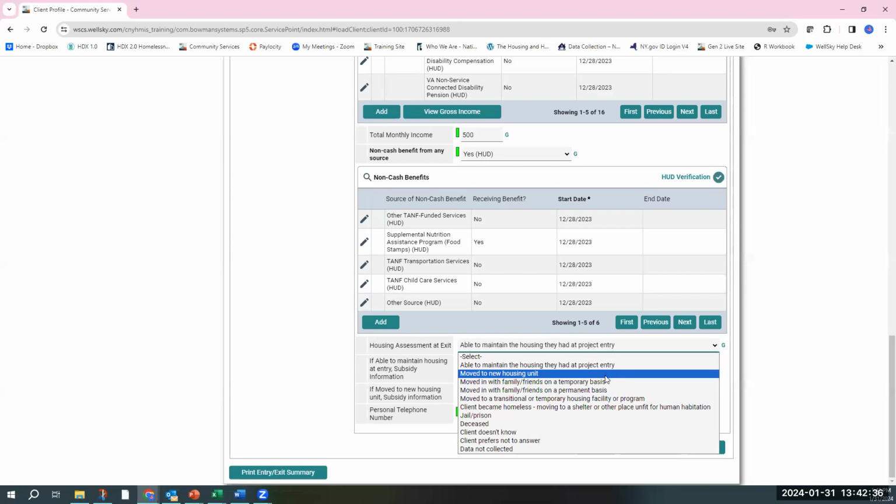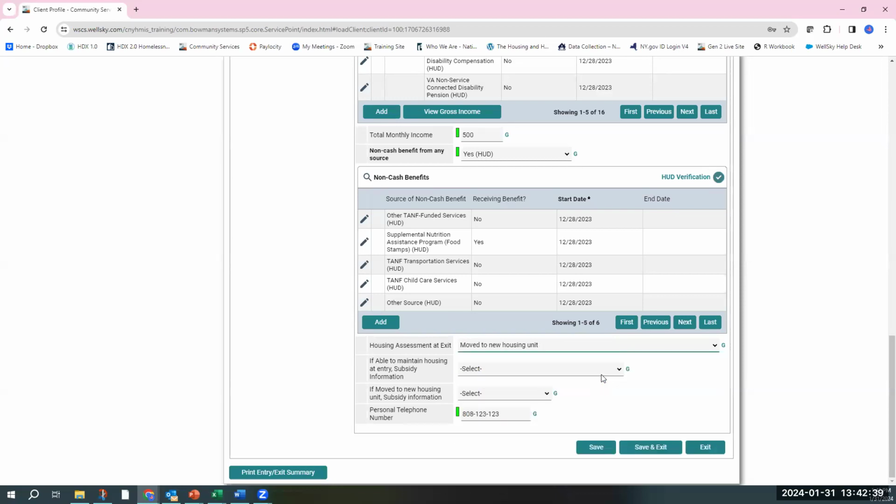If by some chance you said they moved to a new housing unit, you're going to answer the third question of this section that says, if they moved into a new housing unit, what was the subsidy information associated with that? Was it with an ongoing subsidy or without an ongoing subsidy or a data not collected? So with this option, there's not a huge variety of answers. You're just going to say either it was with ongoing or without an ongoing subsidy. Or obviously, if you didn't collect the data from the household before they exited your project, you're going to choose